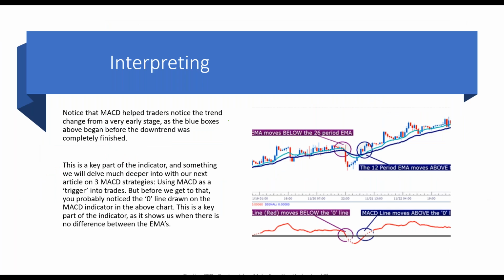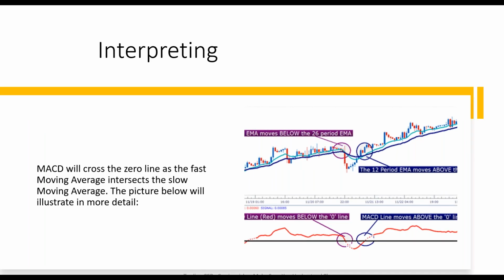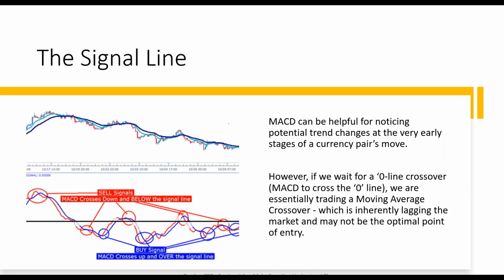Now, a key part that's often overlooked with MACD is the center line and the movement, not necessarily the crossover of the center line, but when the MACD histogram is moving towards that center line or moving below the center line or moving above the center line. Because a lot of times it'll move towards the center line but never cross. So keeping in mind that center line can help us understand what is going on.